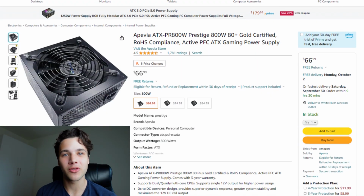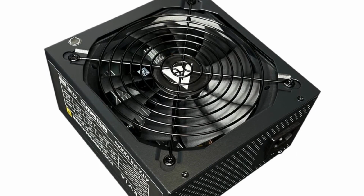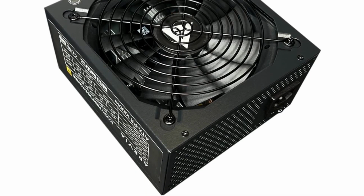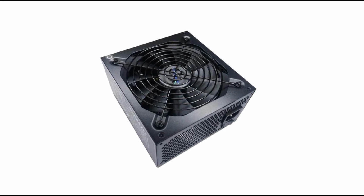And last but not least, for the power supply, we have the Apevia Prestige 800 watt 80 plus bronze power supply. Yes, you heard it right, 800 watts is absolutely not necessary for this system, but considering this one is only $67, I have to recommend it. This is C tier rated, so it's going to be really good quality for this type of build,